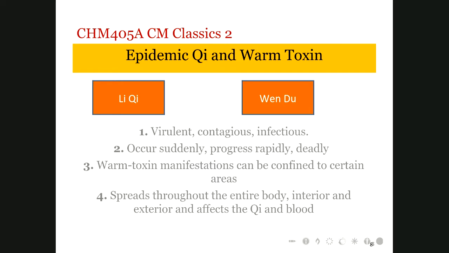Li Qi can go through the respiratory system, but Wen comes from physical contact. Third, they have warm toxic manifestations that can be confined to certain areas. And number four, they also spread throughout the entire body, interior and exterior, and affect the qi and blood level easily. And I don't know if any of you have had a very serious warm toxin, very serious wound, very serious infection,